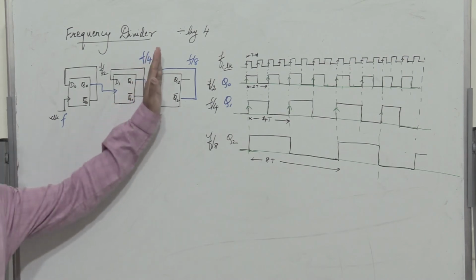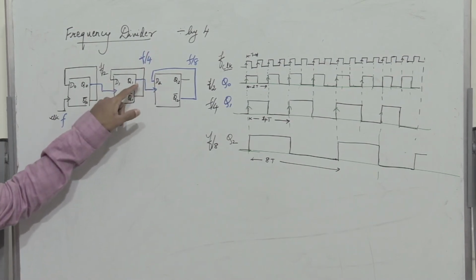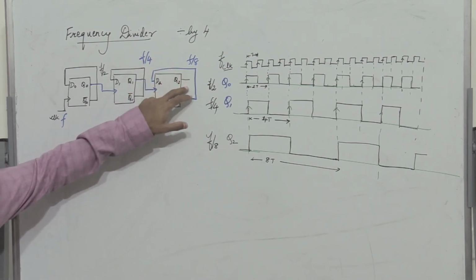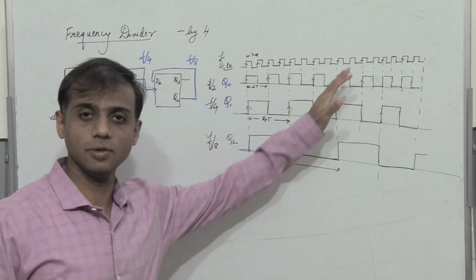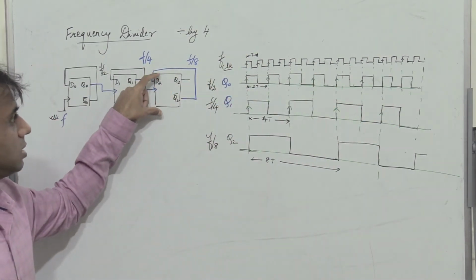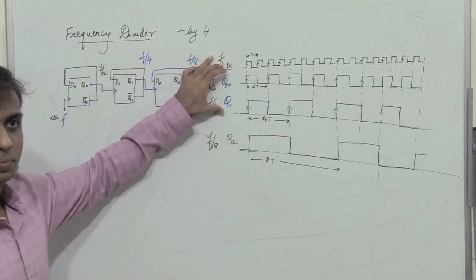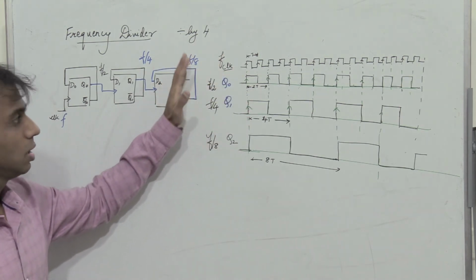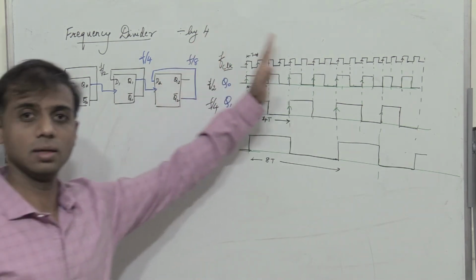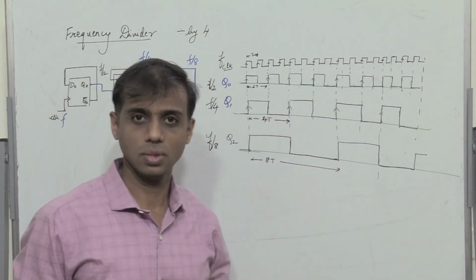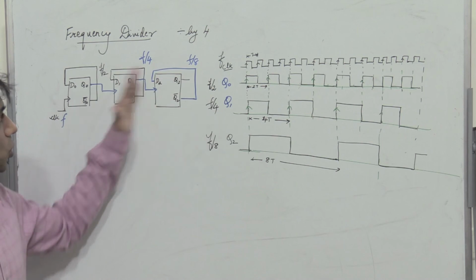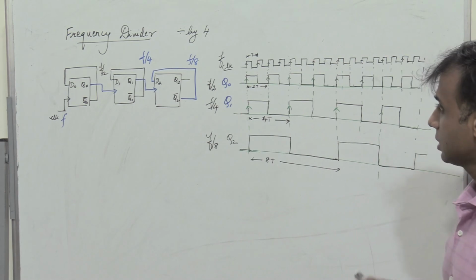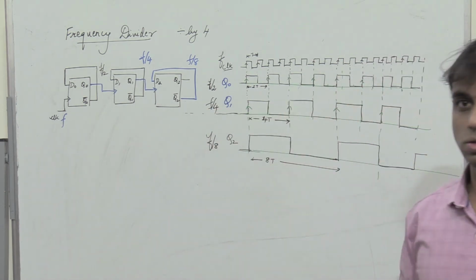So if I consider two stages, I get a divide by 4 frequency at Q1. If I put another stage of D flip-flop, I get f by 8. I can also get f by 16, f by 32 by repeating the same stage. So I use another D flip-flop, say D3, and if Q3 bar is connected to the input, then the output would be f by 16, then I can get f by 32 and so on. Right? So this is how we can design a divide by 4, 2 stages, and divide by 8, considering 3 stages, and this can be extended for n number of stages.